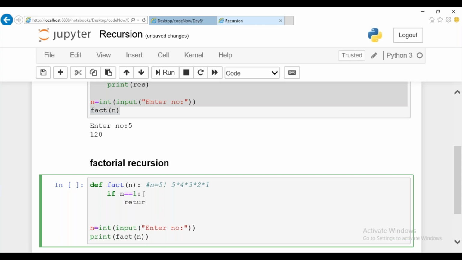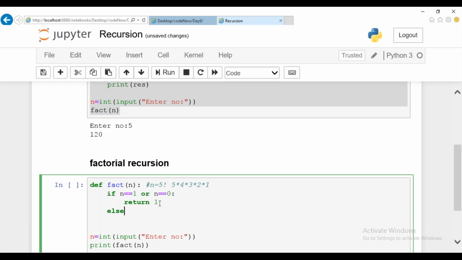I'm supposed to return 1. So 1 factorial is 1. Apart from this, I know that 0 factorial is also 1. So I can write the condition here. If at all user gives 0, then also I should return only 1 as my answer. So I can consider here for 0 factorial as well as for 1 factorial. Else. Okay, it is not required to put else. Just for your clarification, I'm putting else. Okay, I'm supposed to return n into fact of n.